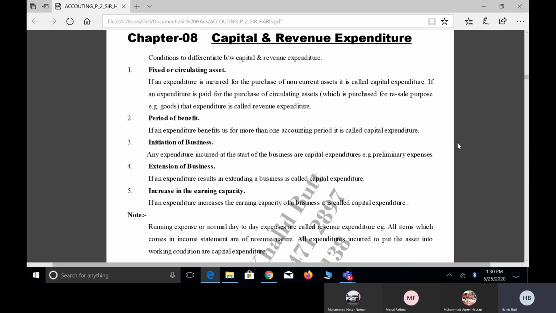But if you have painted your newly built house, that will be your capital expenditure. Why? Because the first time painting expense will give you benefit for more than 1 year. पहली दफा जो अपने हाउस को पेंट कराओगे, तो वो आपको एक ज्यादा साल के लिए फायदा देगा. For example, Cola Next,